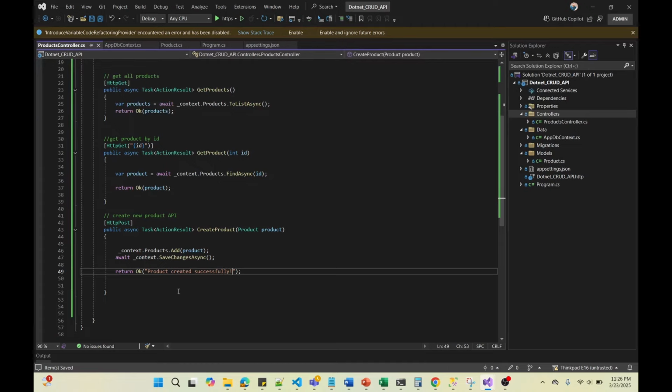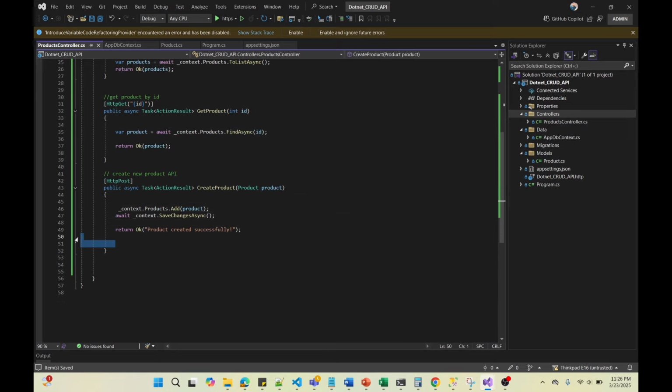Okay, if you want to return some other kind of message, if you get any kind of error, then just enclose this block of code in a try catch block, and in the catch block you can return bad request and any kind of other error. Okay, for the time being I will keep the thing simple. I don't want to make the code more complex, so that is why it is a simple API